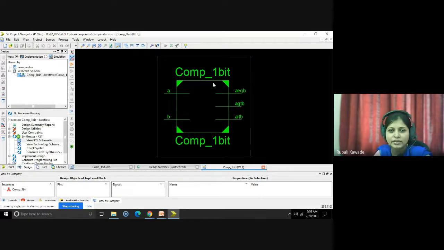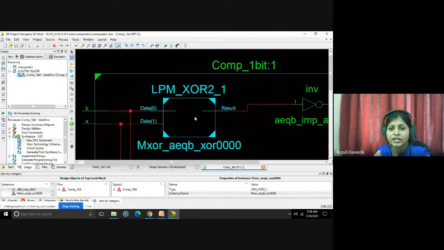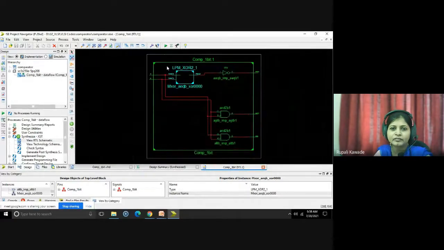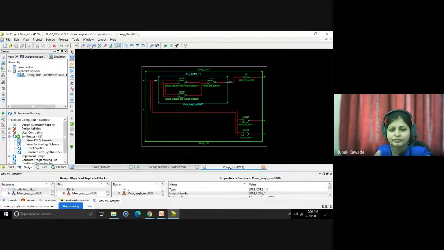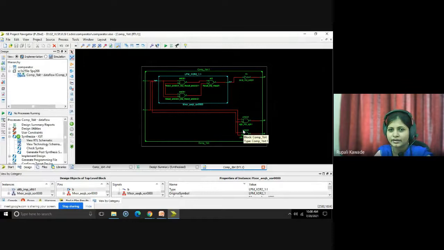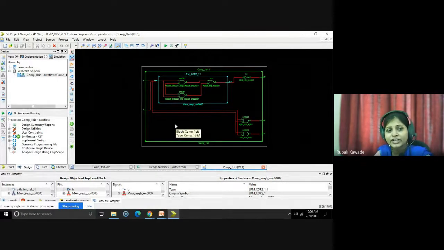It is a 1-bit comparator. If you double click on it, inside this you will find the gate level design. Again, you can double click on it. So here, this is the internal structure of your 1-bit comparator. If you draw its logic diagram, it will look similar to this. So this is the schematic or the hardware generated that we have seen.